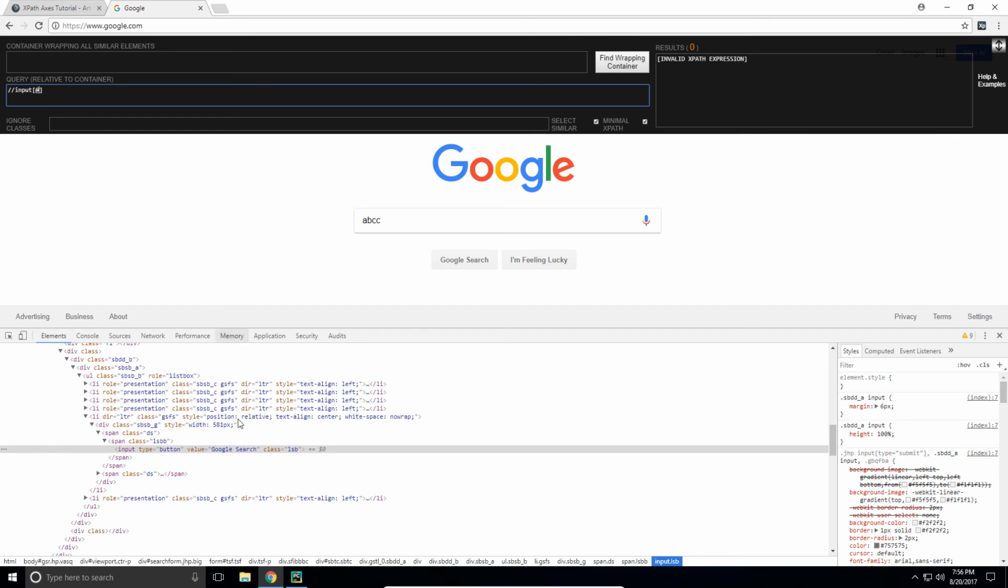I don't want to use the value here because this button also has value Google search, and it's also input. So we'll actually use class here the same way we used it in our previous script. So we're going to say class equals LSB. Right, so class equals LSB. That should be, actually it returns two different